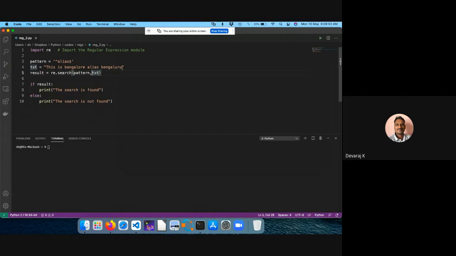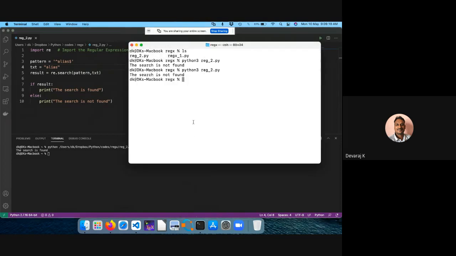Okay. Text string itself, let me change it. The alias because only. Okay, fine. Okay. Search is found. Look at that. So only if I have that particular thing in that string.